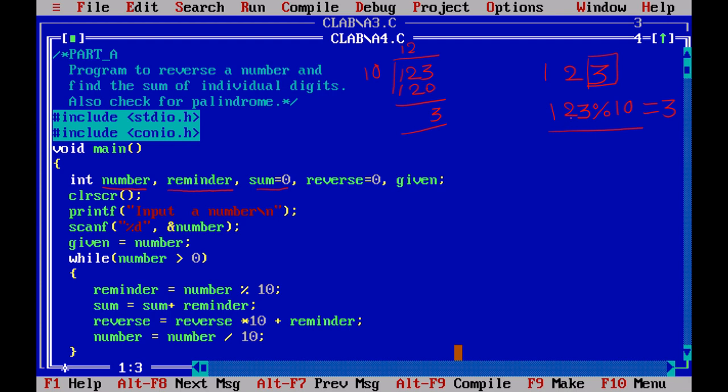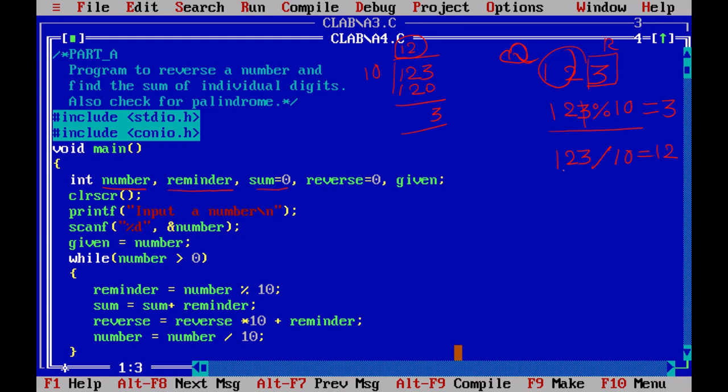Now I remove this 3 and I want only 12. 12 is going to be the quotient. To get the quotient, I will do 123 divided by 10, which will return 12. Now what have I done? I have divided my number 123 into two parts, the quotient and the remainder, by dividing by 10.